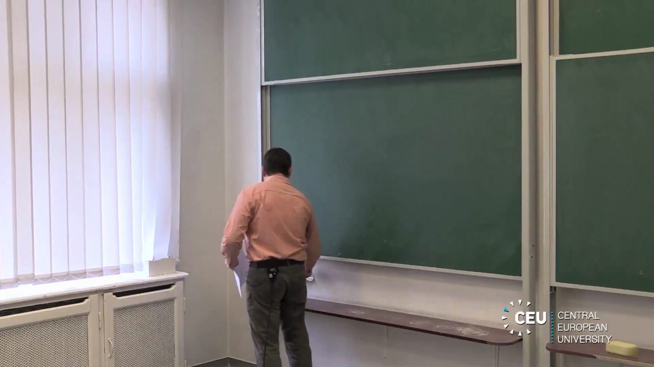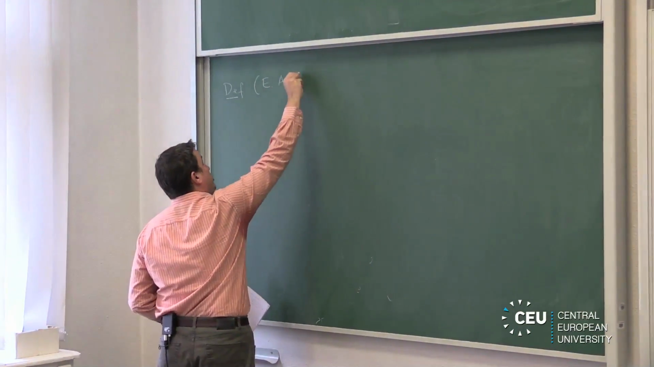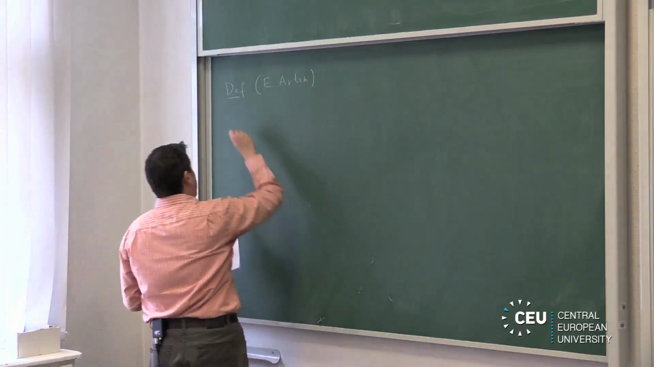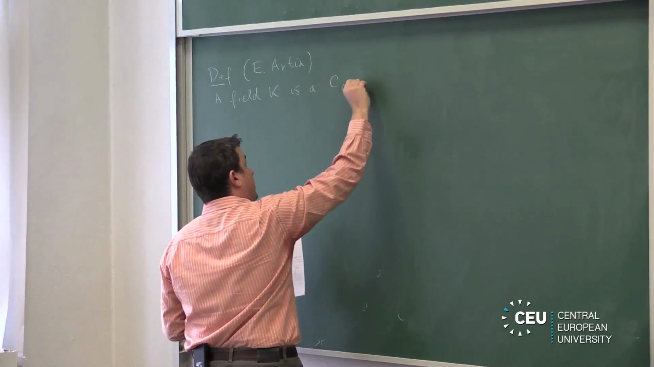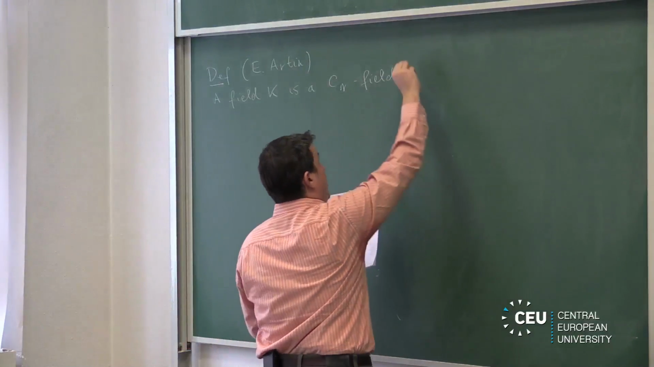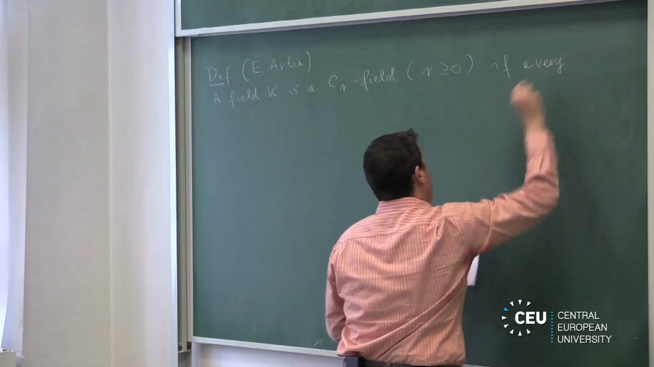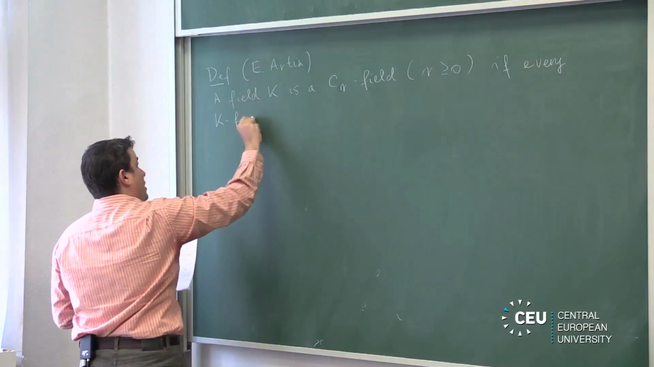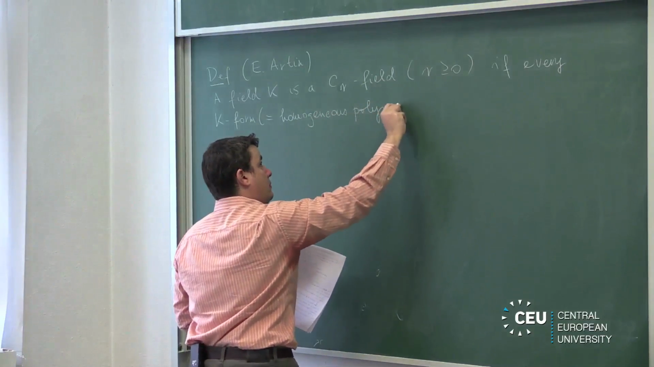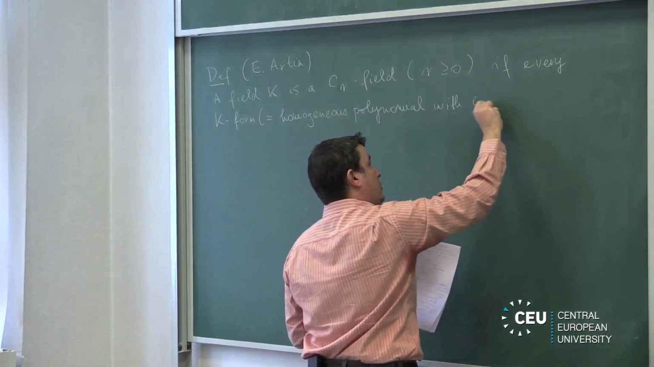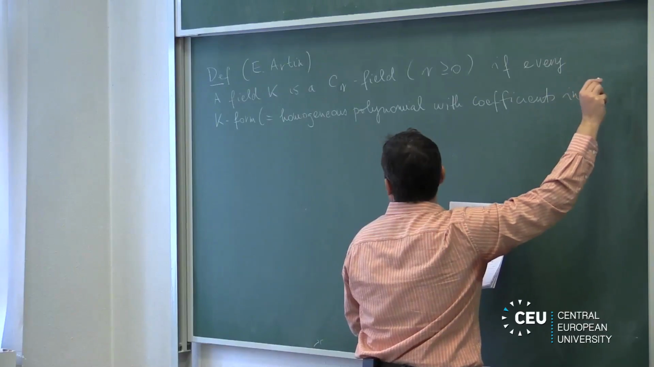The definition is Artin's, but I think the notation came later, and it's the following. You call a field K a C1 field, a CR field, where R is a non-negative integer, if every K form, so what's a K form? It's a homogeneous polynomial with coefficients in K,